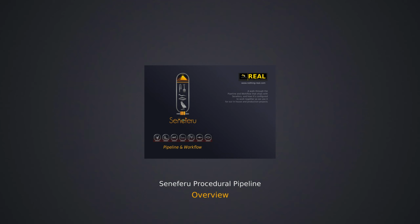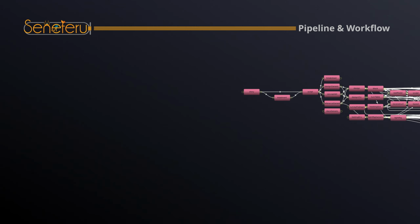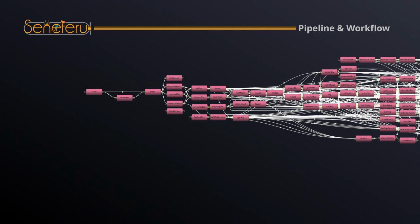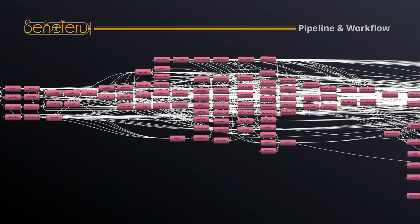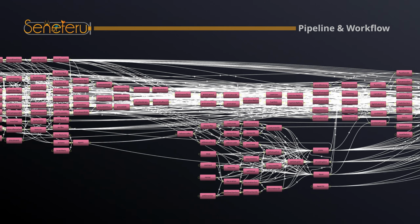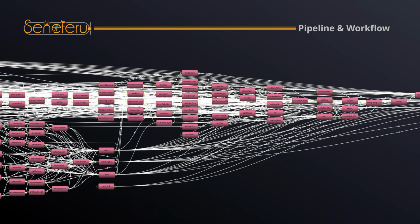Seneferu procedural pipeline. Seneferu comes with a pre-configured procedural pipeline of making a moving picture from pre-production to post-production and project delivery, including an in-depth support for the processes required when making a fully CGI or VFX production. Seneferu's pipeline is designed over Seneferu Brain as an accumulating knowledge of the processes of making a moving picture and